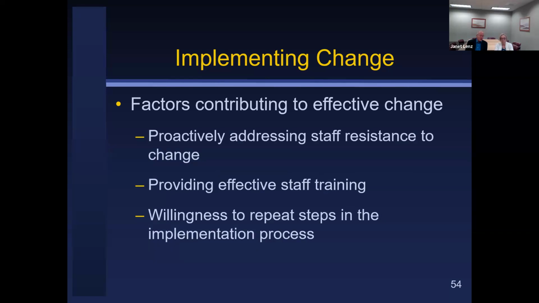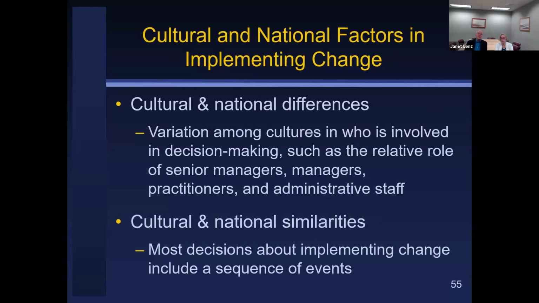Not all resistance to change is bad, because sometimes we come up with ideas that aren't good, and we need to put the brakes on and say, well, wait a minute, if we stop doing this and do this instead, what will happen to these good outcomes we've achieved all these years? This new approach won't address those outcomes. Someone needs to say that. It's about recognizing the elephant in the room, making sure we've done a good job of staff training. Staff members don't like to be incompetent. They don't like to be embarrassed when they can't answer a student's question, and being willing to repeat steps in the process, knowing that this fine-tuning really needs to take place.